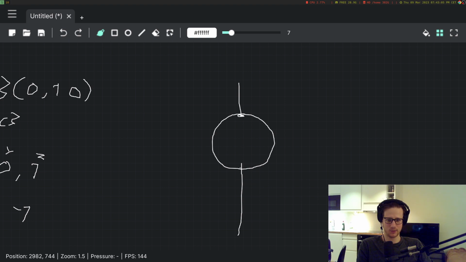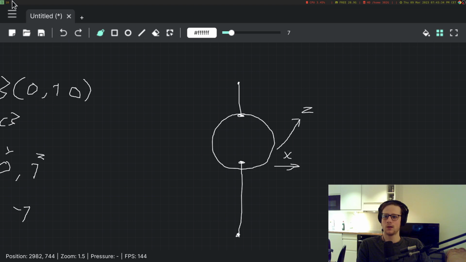So let's imagine we made a hole into the sphere, and we want to rotate the sphere around this pole. So this is the y-axis. So in order to rotate around the y-axis, we're going to need to rotate the x and z component. So we're going to need to rotate the x component and the